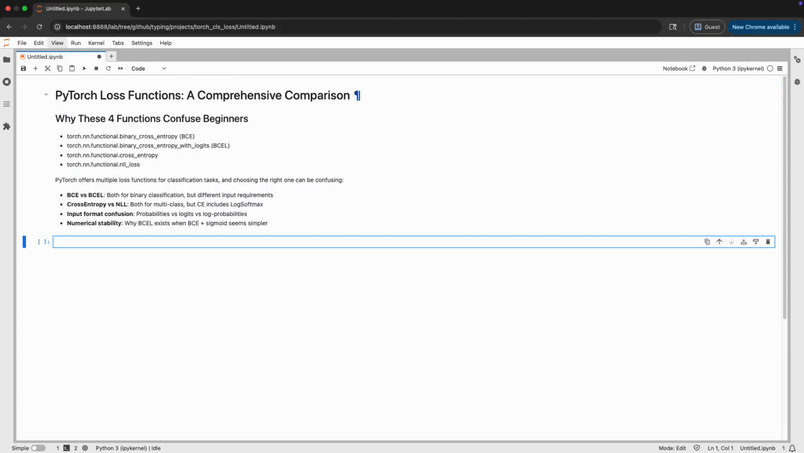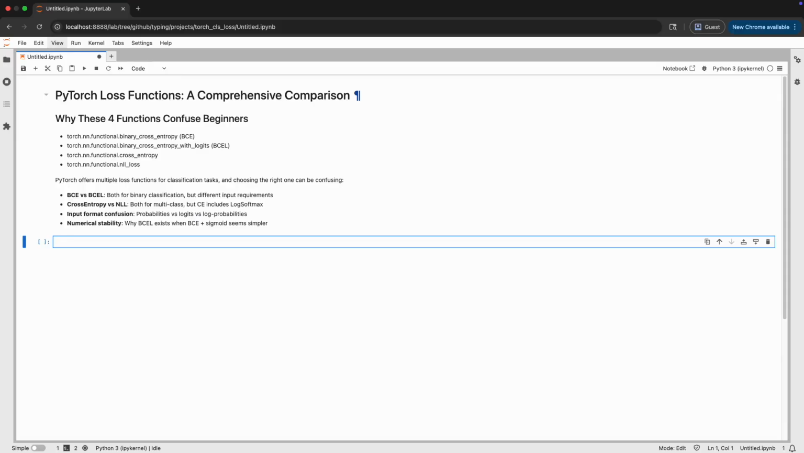Welcome to this comprehensive tutorial on PyTorch loss functions. Today we're going to demystify 4 commonly confused loss functions that beginners often struggle with. These are torch.nn.functional.binary_cross_entropy, also known as BCE, torch.nn.functional.binary_cross_entropy_with_logits, or BCEL, torch.nn.functional.cross_entropy, and torch.nn.functional.nll_loss. The confusion typically arises because BCE and BCEL both handle binary classification but have different input requirements, while